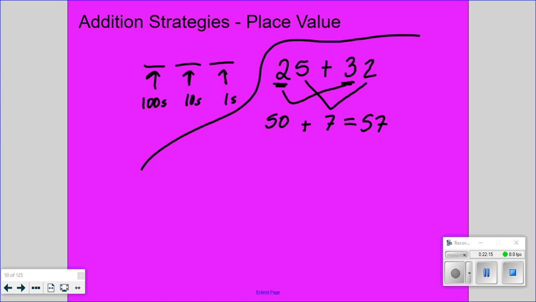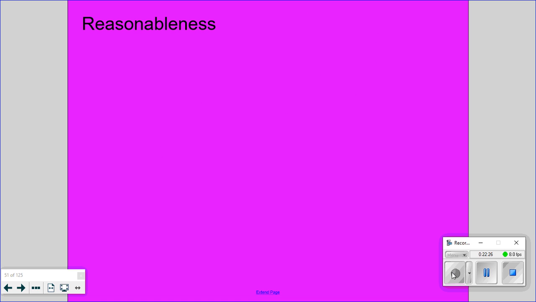Nice. All right. So we've got one problem we're going to work together before I give you a task that we're going to do. All right. This word is reasonableness. You're going to see this word. Reasonableness. Write it down because I need you to be able to read it. Reasonableness. This word is a fancy way of saying,